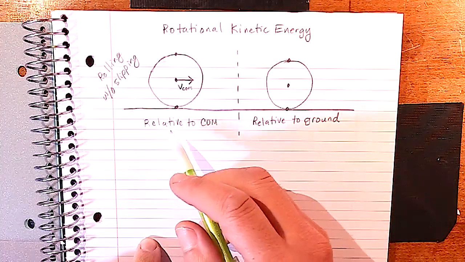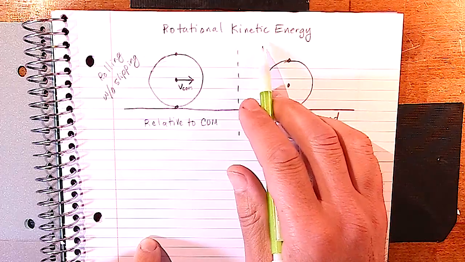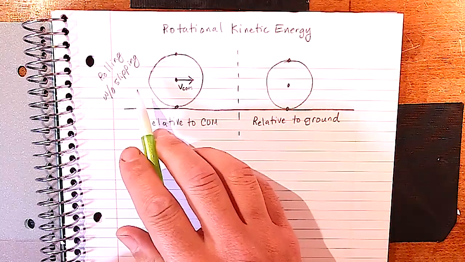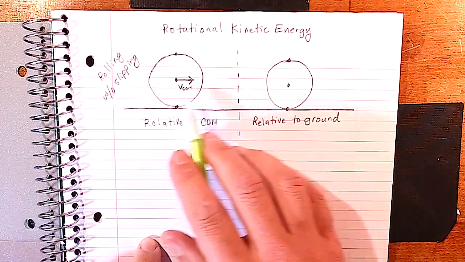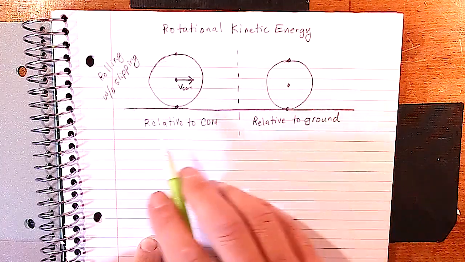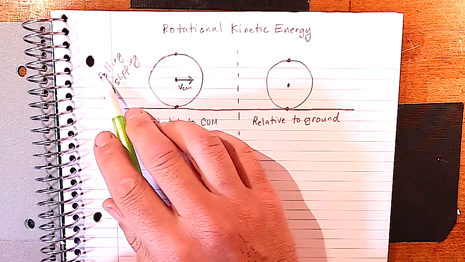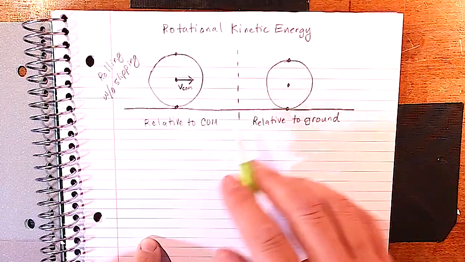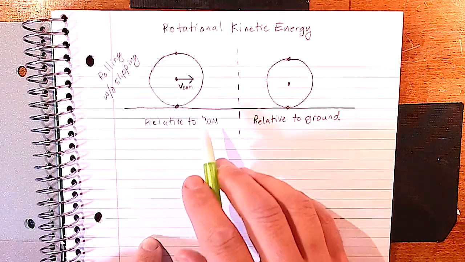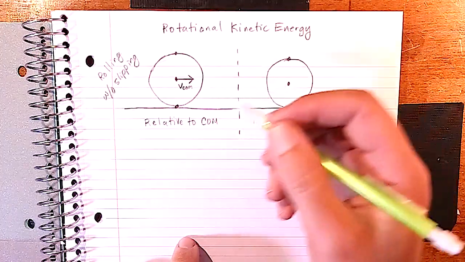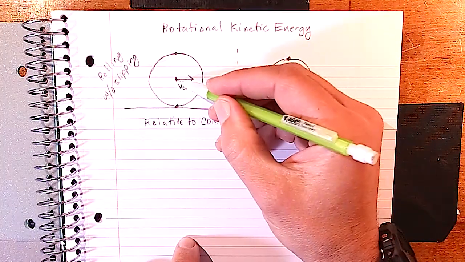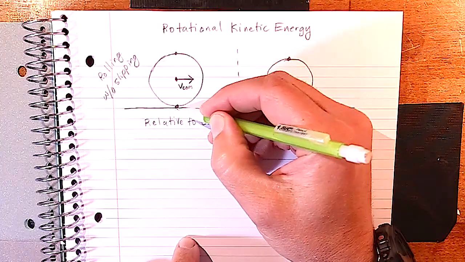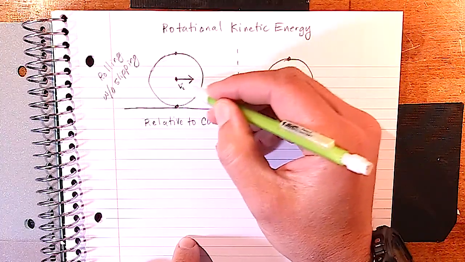So before we can talk about rotational kinetic energy, we just have to talk about objects that are rolling along, okay? And in this case, we're talking about rolling without slipping. So this would be like a car tire driving down the road and it's just moving along. The brakes are not locked up. If we look at the velocity of the center of mass relative to the ground, and we say that's v-com,